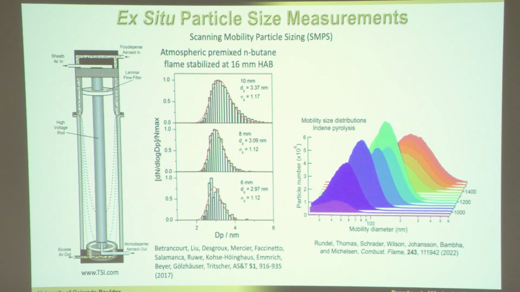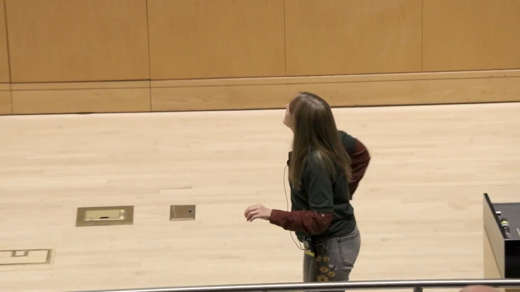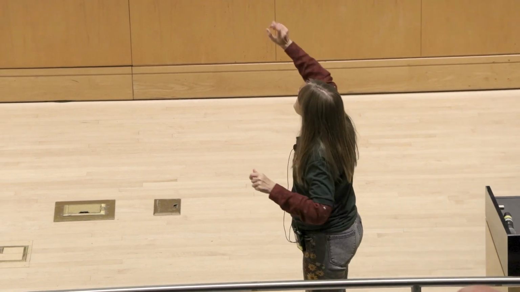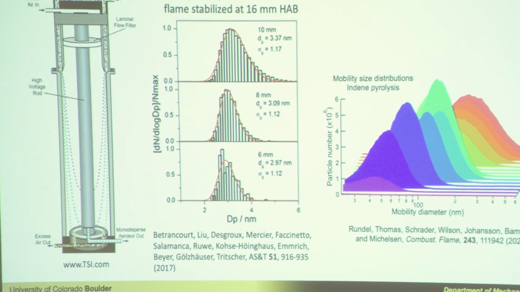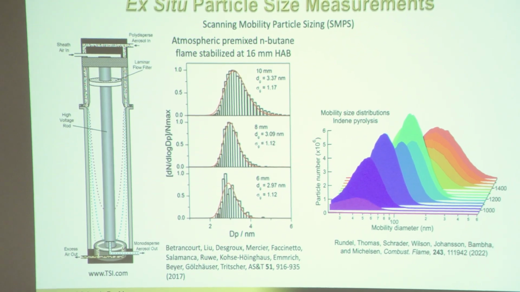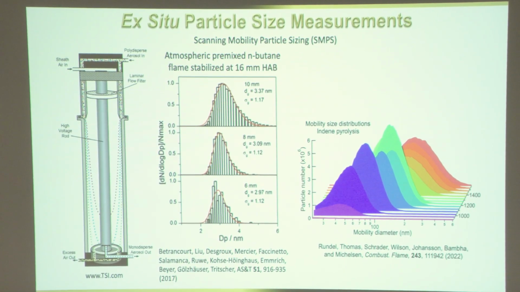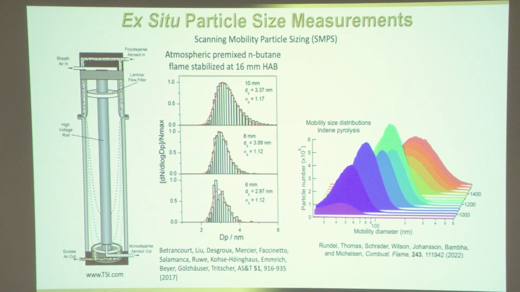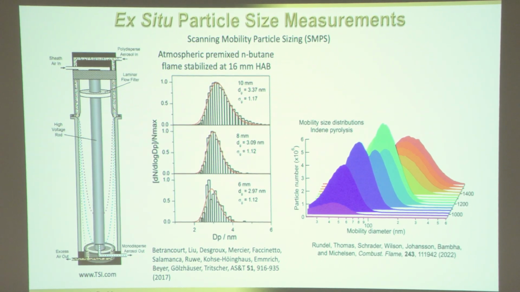Okay. And we talked, I know some of you actually have been using these mobility type measurements. This is a scanning mobility particle sizer. So in this technique, you extract your particles from the flame. So this allows you to get particle size distributions. So you extract your particles from the flame, and then the terminology isn't something I really like, but you send those particles, like you extract your particles, and remember when you do